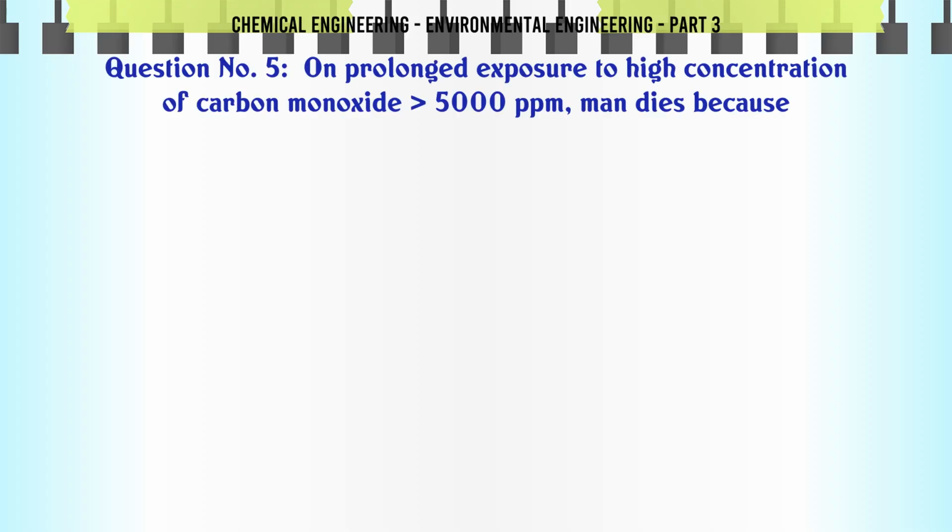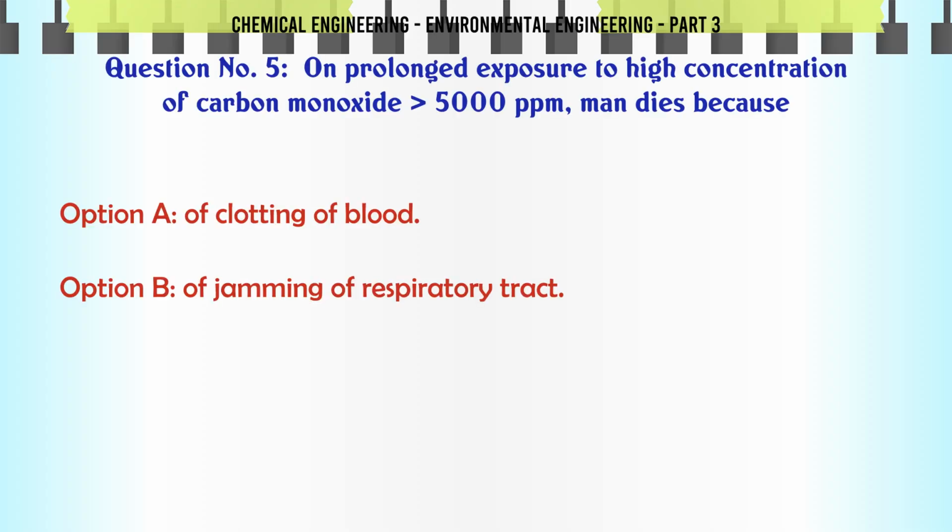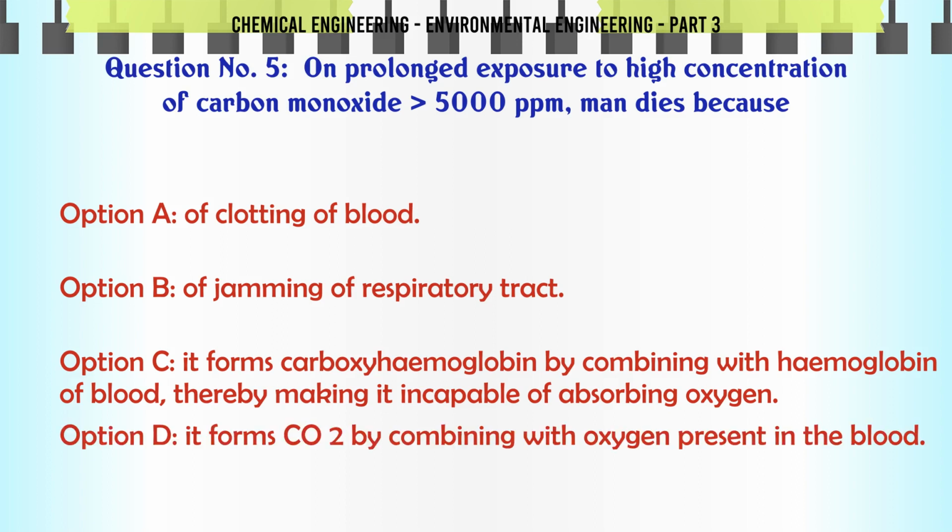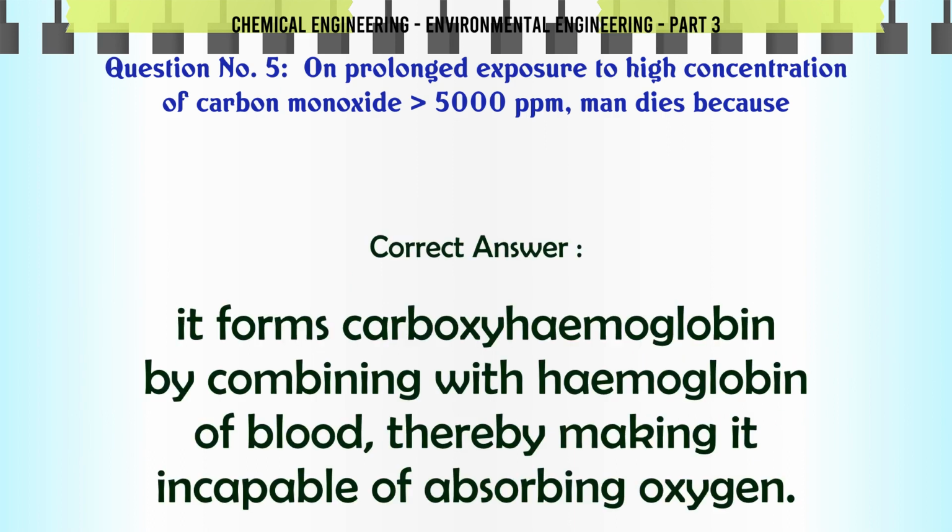On prolonged exposure to high concentration of carbon monoxide, 5000 ppm, man dies because A. of clotting of blood. B. of jamming of respiratory tract. C. it forms carboxyl haemoglobin by combining with hemoglobin of blood, thereby making it incapable of absorbing oxygen. D. it forms CO2 by combining with oxygen present in the blood. The correct answer is it forms carboxyl haemoglobin by combining with hemoglobin of blood, thereby making it incapable of absorbing